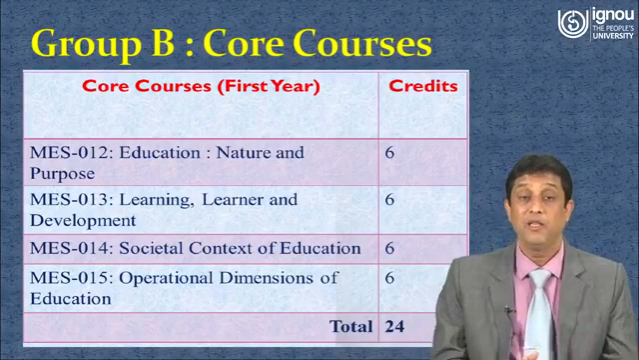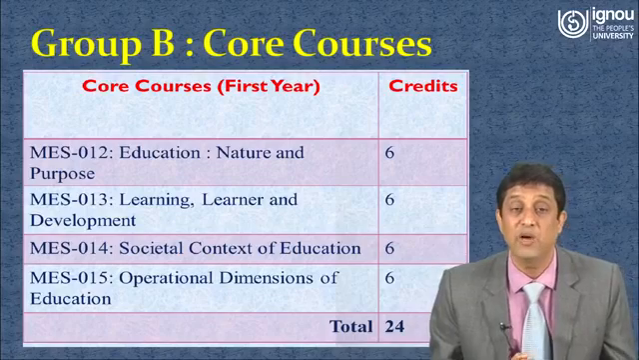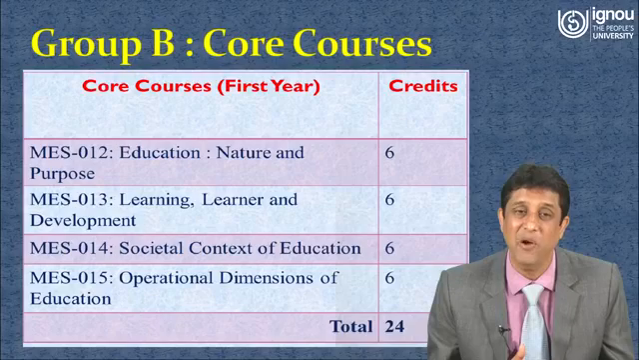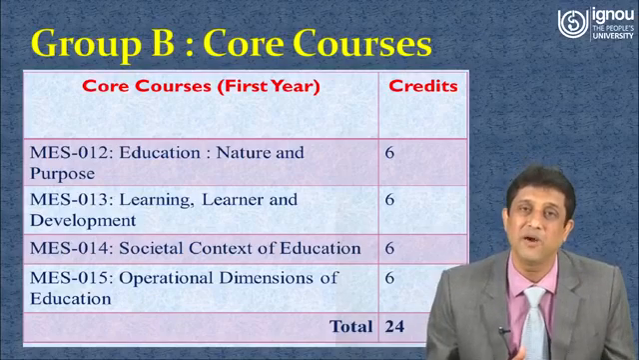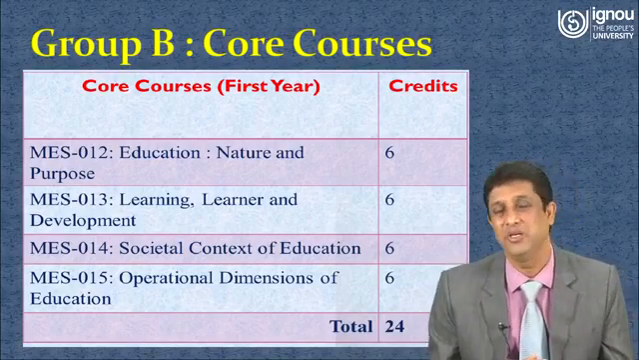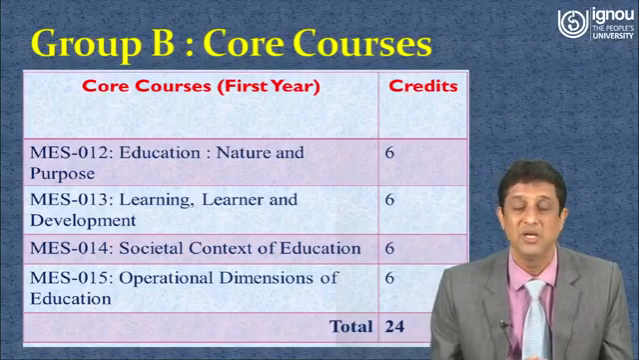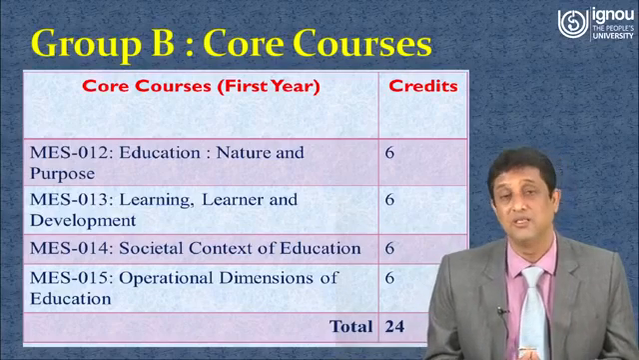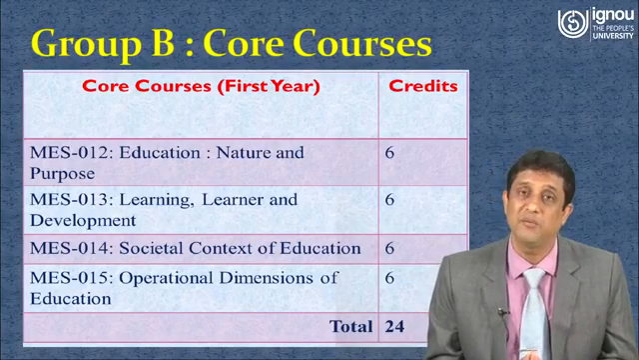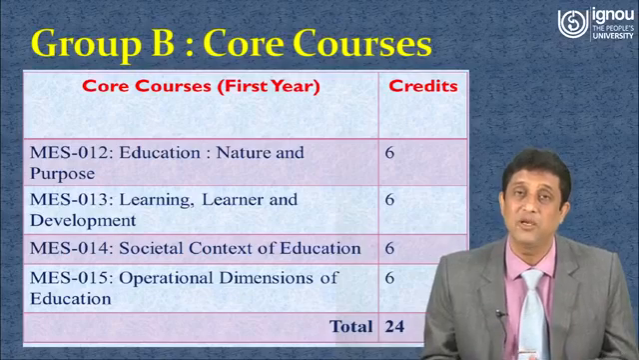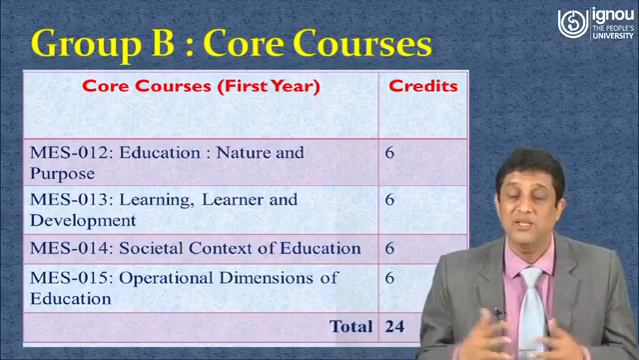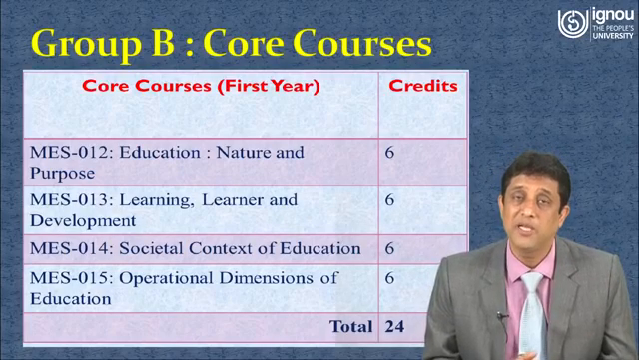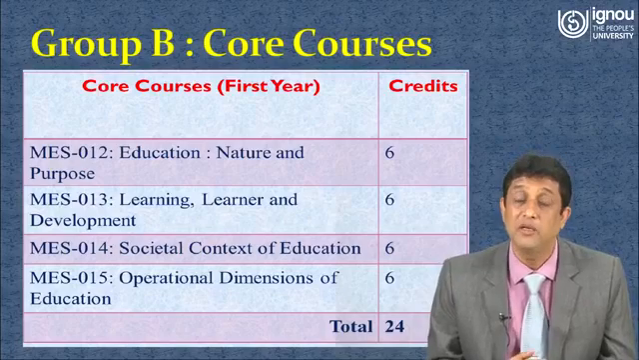Then further, in the last course of this category, MES 015, that is operational dimensions of education. Here you will find a detailed understanding of how education works, what the structure of education in this country is: structure of education at the school stage, at the higher education stage, at the professional stage, and vocational education. Friends, if I give an example, that is NEP, National Education Policy, or National Policy on Education